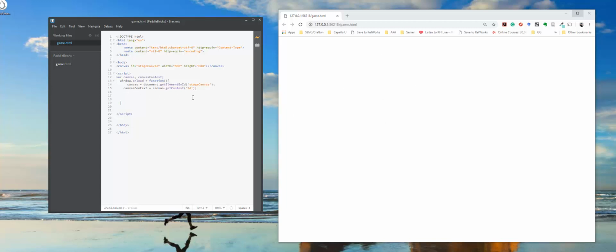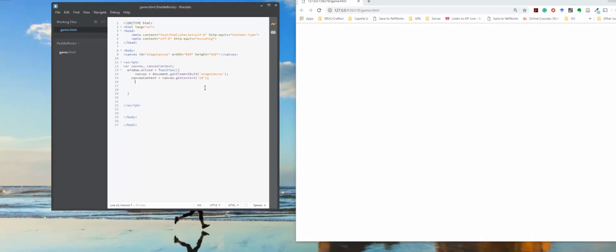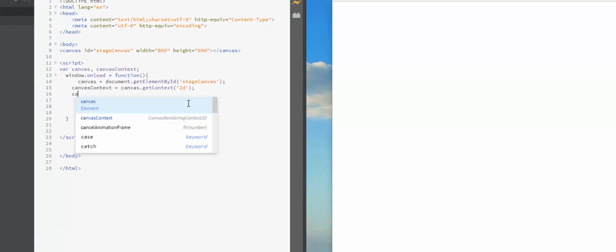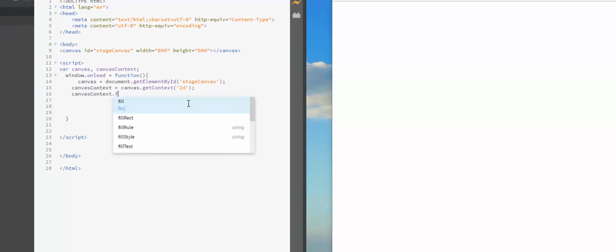So I'm going to use that canvas context to add myself some color, some fill style to this canvas. The way I do that is I call upon the canvas context here, and then I can use this fill style property, and I'm going to make it black,